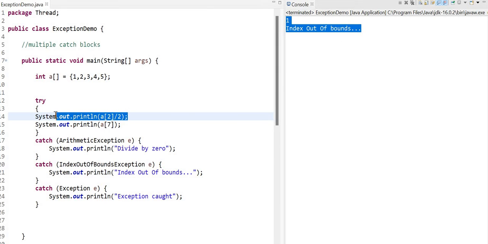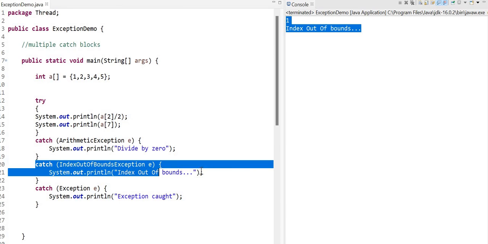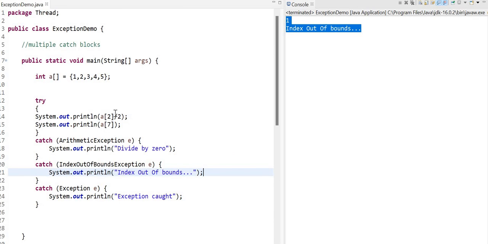Now if we want to access a of 7, then definitely, because it is not in our element indexes, it will give rise to an exception, which will be caught by this catch block. Correct? Now, if both of the exceptions have not occurred, and any other exception has occurred and we don't know about it,